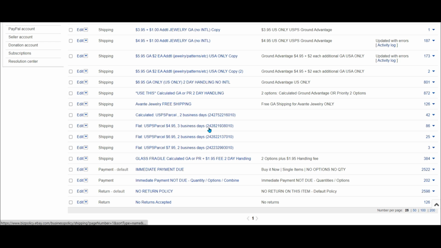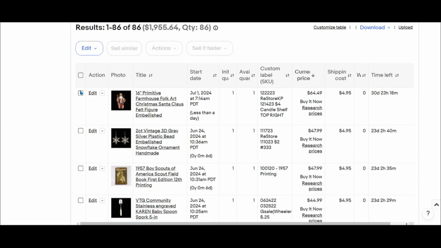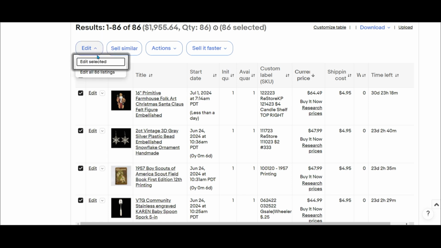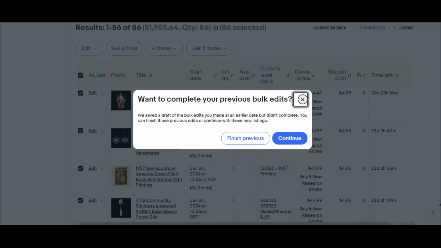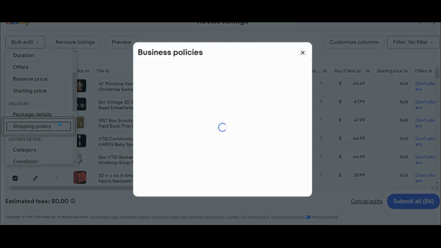So I have 86 under this $4.95. Let's click on the number 86 and view the active listings. And here are the listings, 86 of them. I want to move these over to a different policy. So I'm going to select all of them by clicking the top box. Let's edit, select it, or edit all 86. It's the same thing, really. I'm going to continue with this. Select all, go down to shipping policy